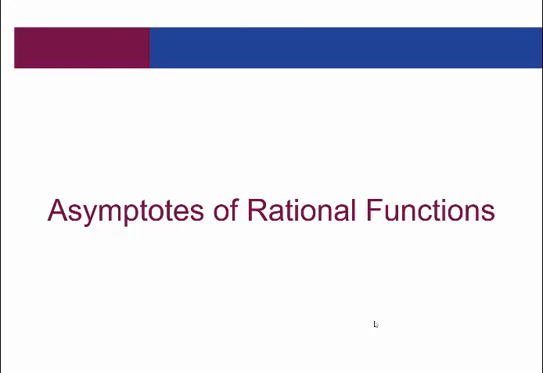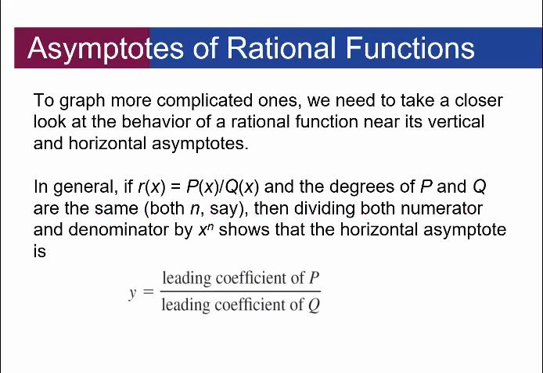Okay. Let's go a little bit more into asymptotes of rational functions here. How do we find asymptotes? To graph more complex problems, we're going to need to take a closer look at the behavior of rational functions near their vertical and horizontal asymptotes. In general, if r of x equals p of x over q of x, and the degrees of p and q are the same, say they're both n, like 5, or 2, whatever,